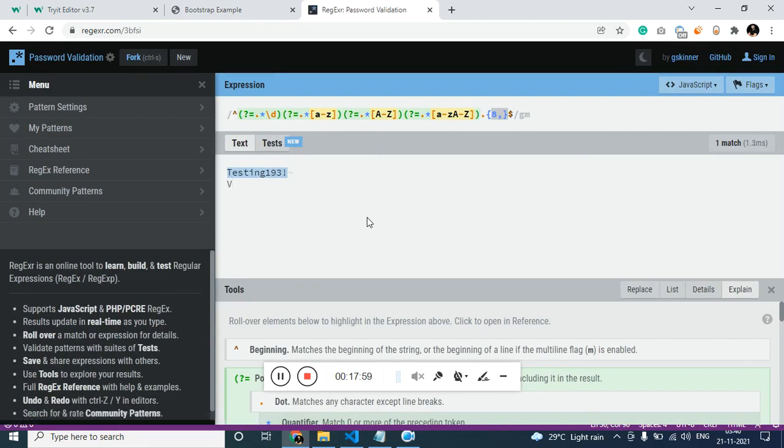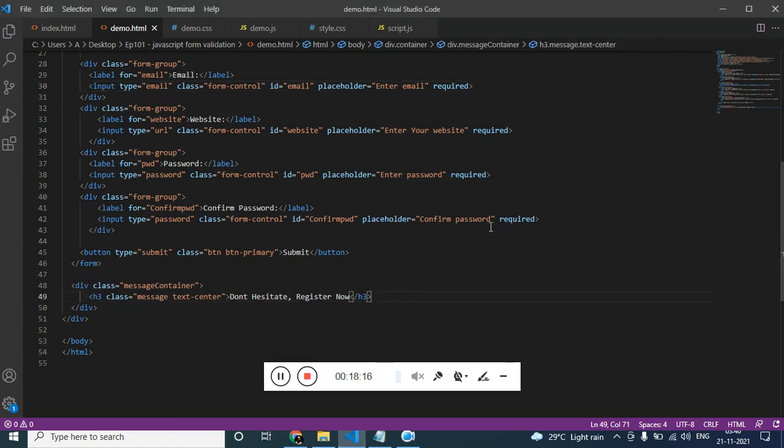It needs at least one number, at least one small letter, and at least one capital letter, and the length should be 8 or more. So this is a pattern. Just copy it and add the pattern here.